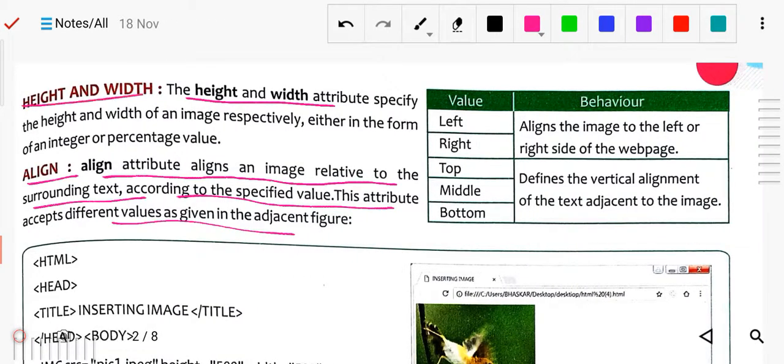These attributes are necessary whenever you insert a picture, because they adjust the size of the picture. Otherwise the picture will be bigger on the web pages and will take more time to display. So it's better to define the height and width as well as the align.